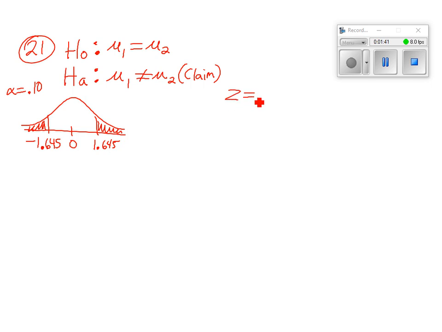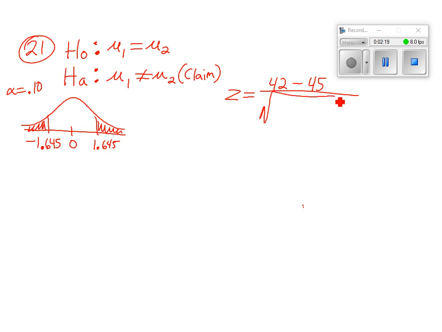Do you guys wanna use your calculators? Is that the way we wanna go? Alright, you wanna do it out longhand? Somebody tell me the formula. The rest of you can do it using your calculators. X bar 1, what is X bar 1? 42 minus 45, and then we know the rest of it's 0, right? So I'm not even gonna write that down. And then on bottom, the square root of 4.7